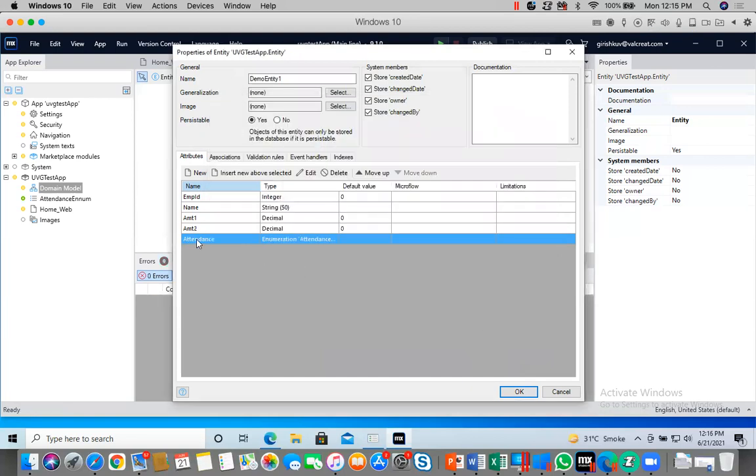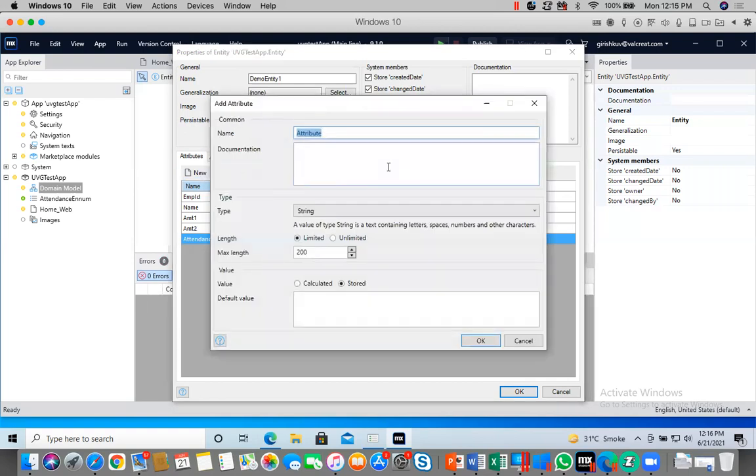See, automatically the attendance enumeration has been created and is showing under enumerations. You can add any time. Now one more, I said total. I will create the total of amount 1 and amount 2.